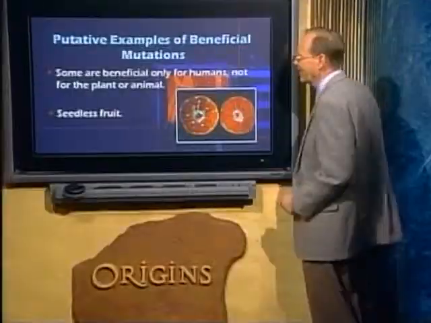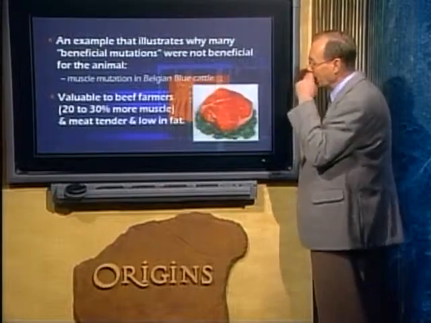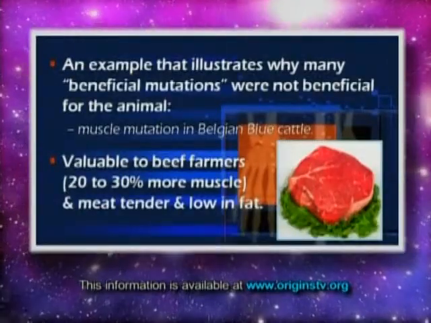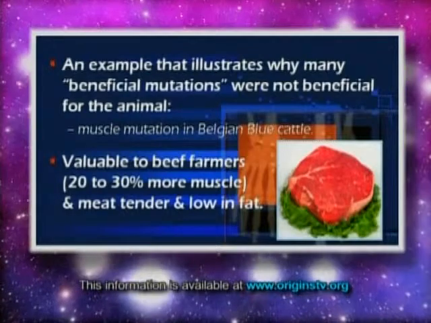So this is a really good deal for us. But if I were a watermelon or a grapefruit, I wouldn't be excited about not having any successors coming because I had no seeds. Yeah, reproduction is a little problem for these plants. That's true. And another example is they found in what they call Belgian blue cattle, there's a muscle mutation which